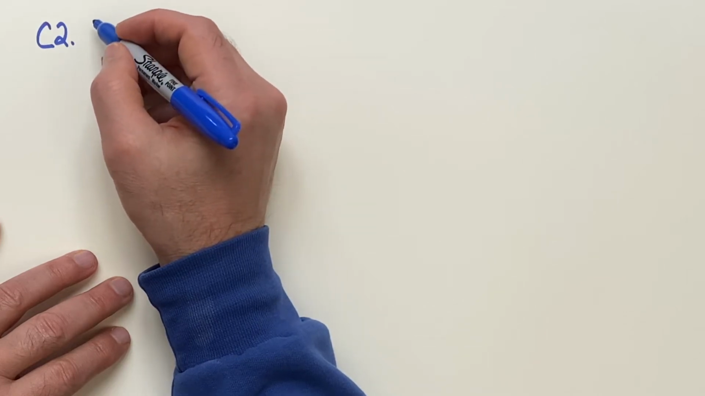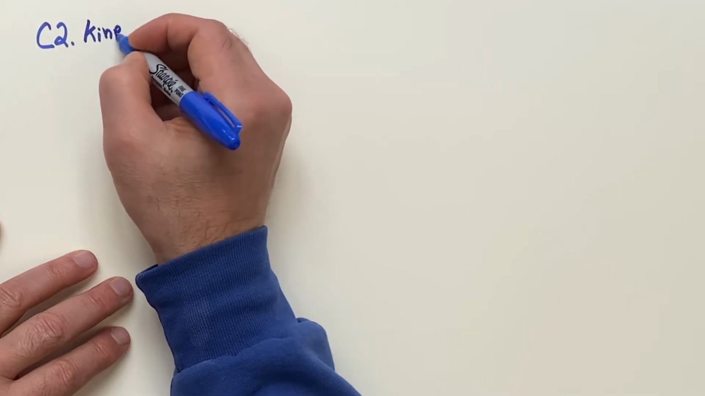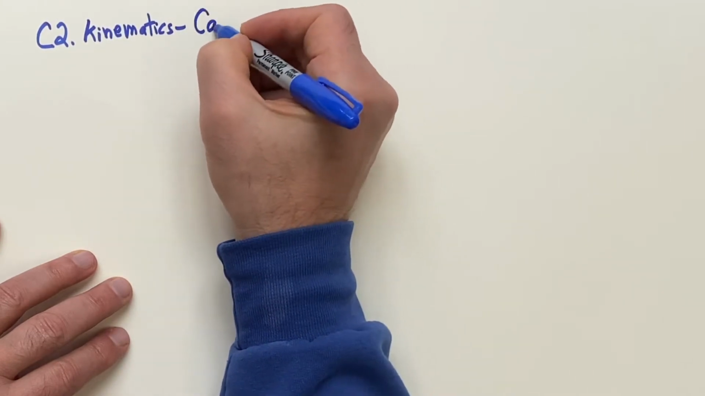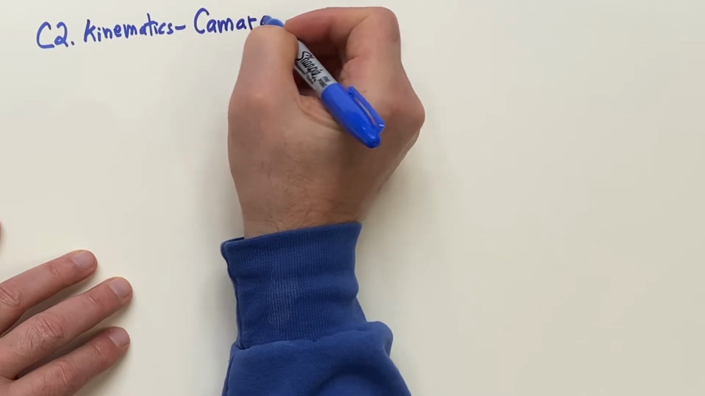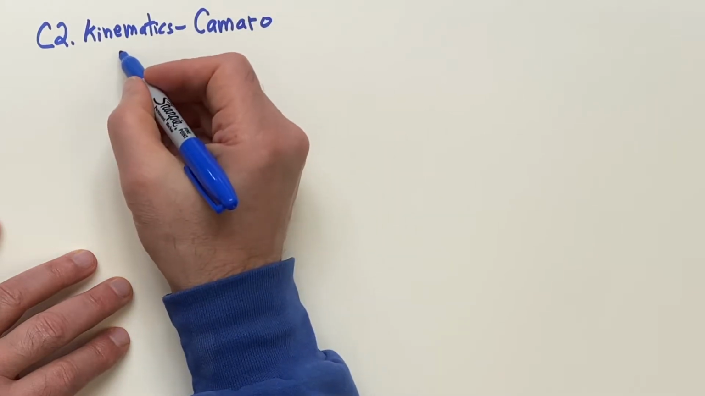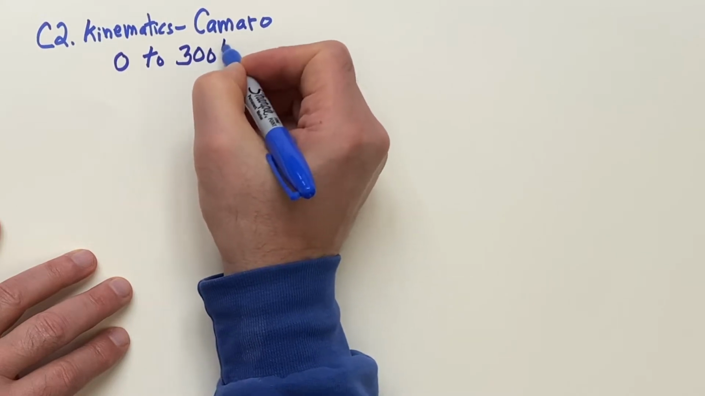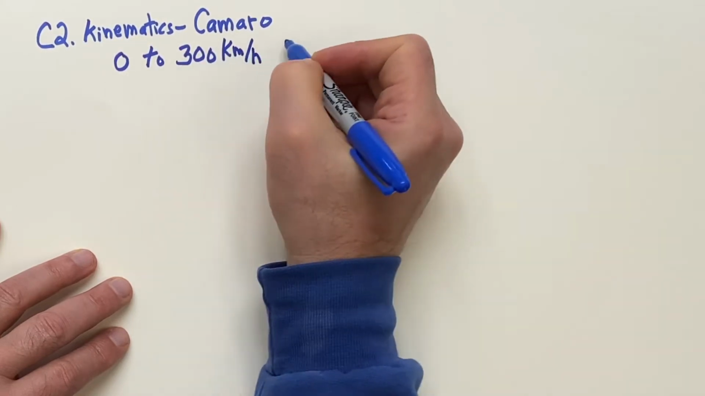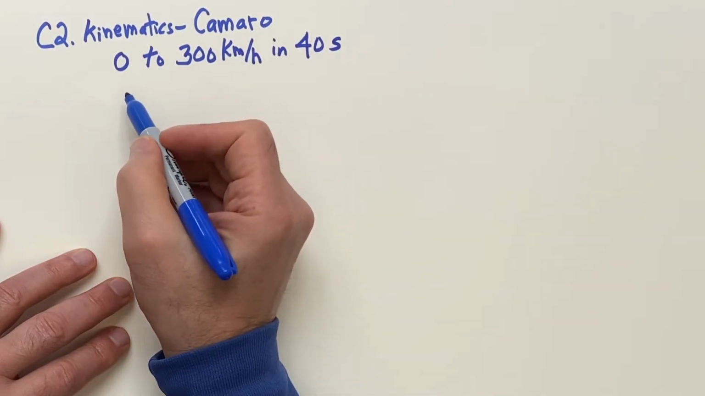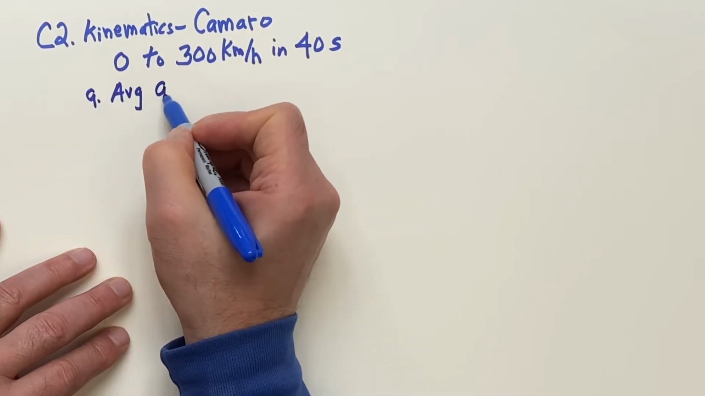So in C2, we're going to do a kinematic problem. Let's say kinematics. We're going to do a Camaro. Now, in the previous chapter, we talked about a Camaro stock car going from 0 velocity to 300 kilometers per hour in 40 seconds. So what I would like to do here is find the average acceleration